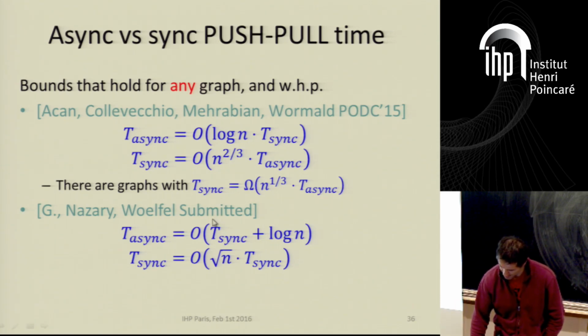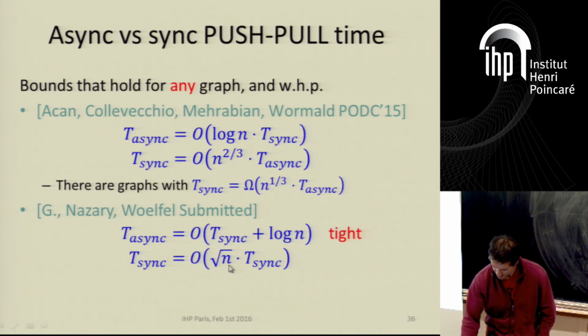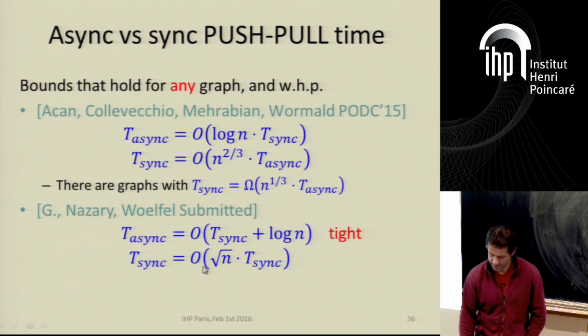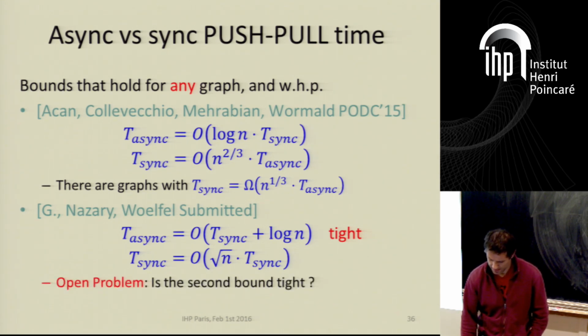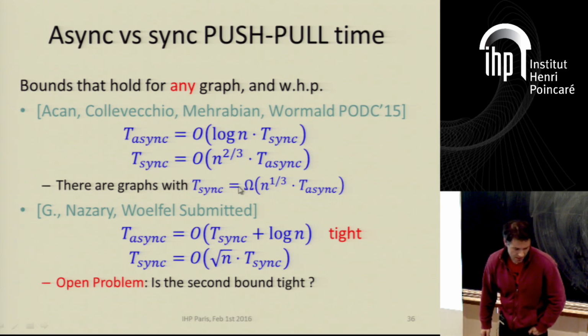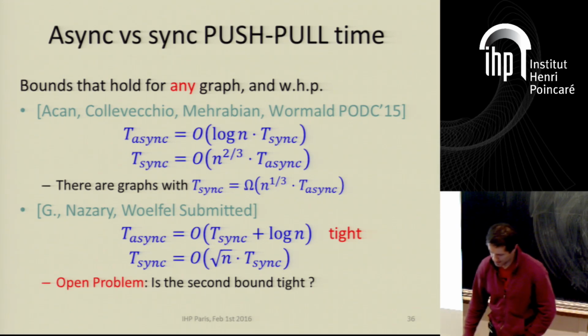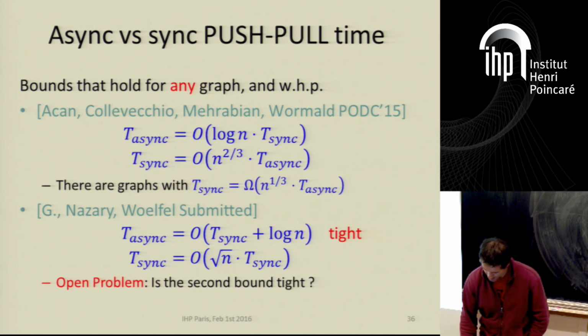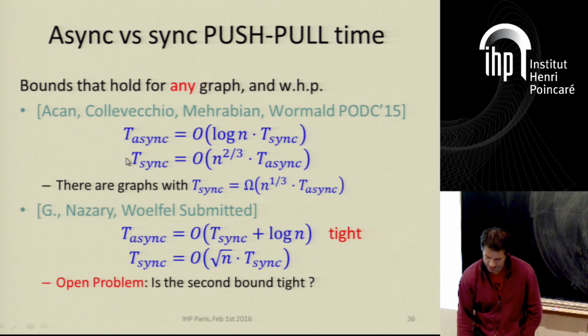So we showed that in fact here we don't need this logarithmic factor, just a logarithmic term here, and we reduce this to square root of n. The first is tight. The second, we don't know if it is tight because we don't know of a better result than this one. Okay, and in my last slide, I will not talk about these results, although this is very simple, they require some coupling arguments.